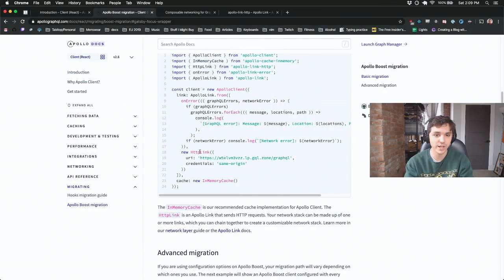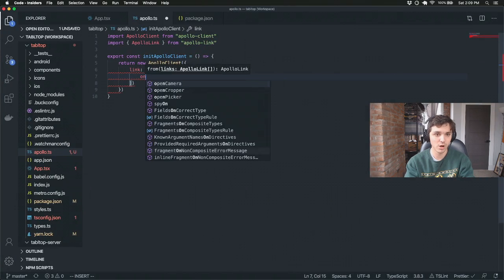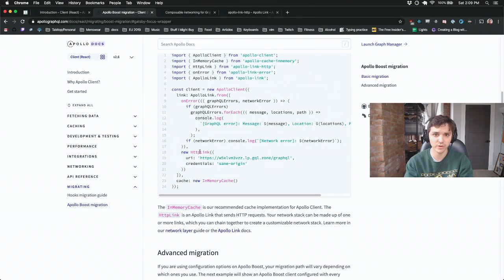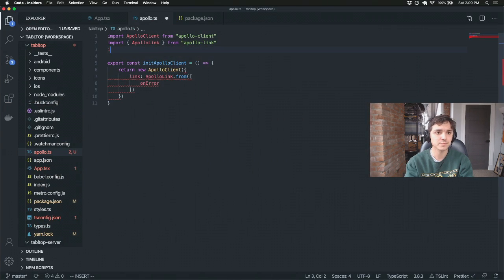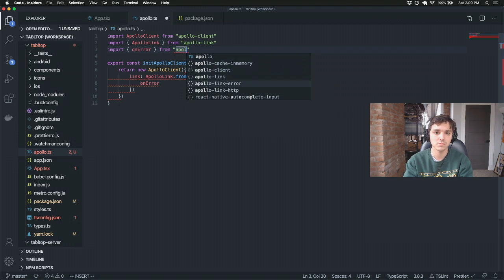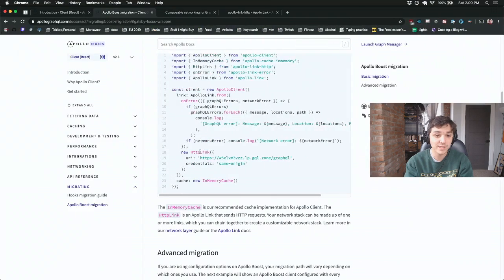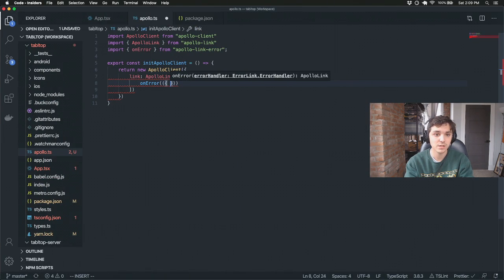So the first in the array is onError. Where are we getting onError from? Apollo link error. So this is just an error handler for our GraphQL requests, and then onError is an error handler, which has